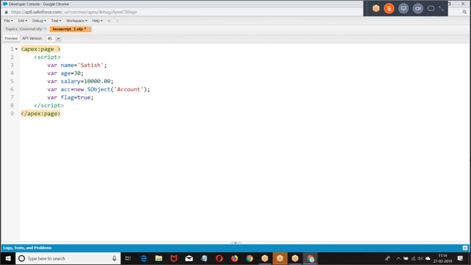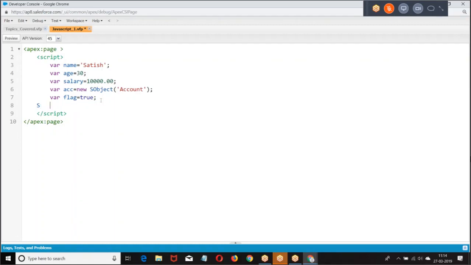Okay. Next point, the second point. If you want to test it: for Apex programming, if you want to go for unit testing or debug an Apex class, I give System.debug.